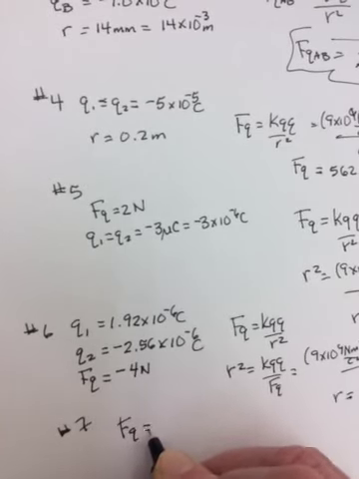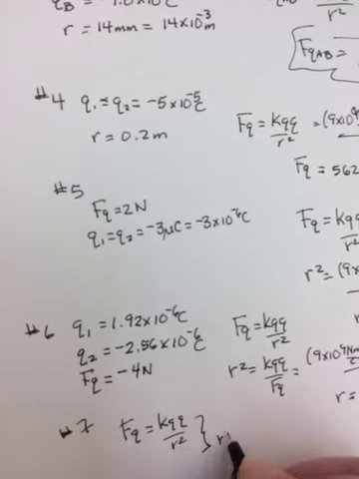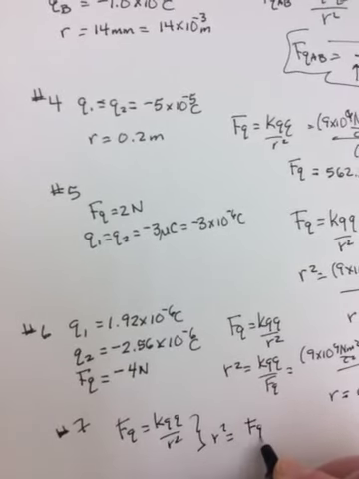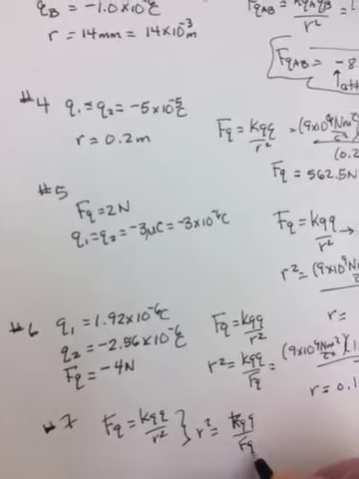Number 7. Number 7 says, how far apart are two electrons if they exert a force of repulsion? So k Q Q over R squared again, rearranging for R squared is equal to, whoops, that's not a k, Q Q over FQ. Remember